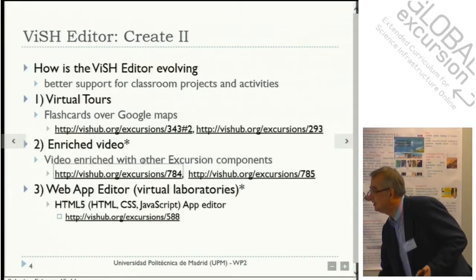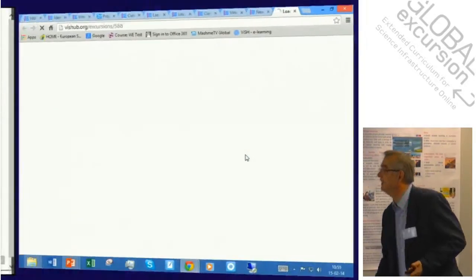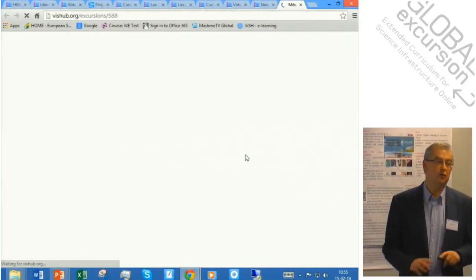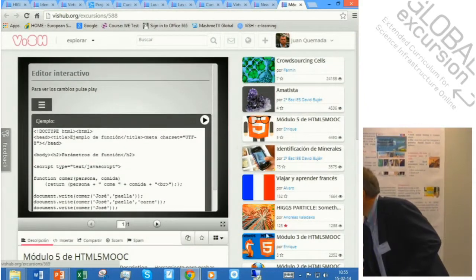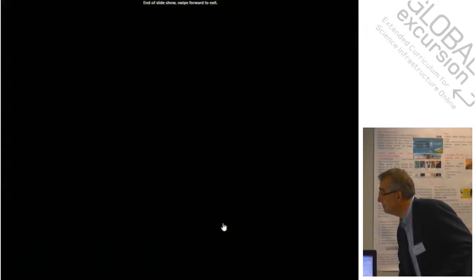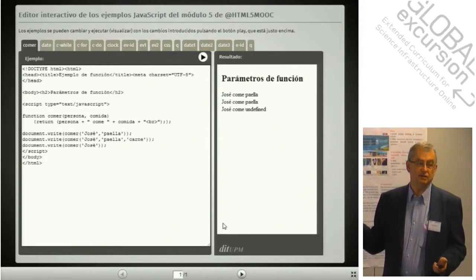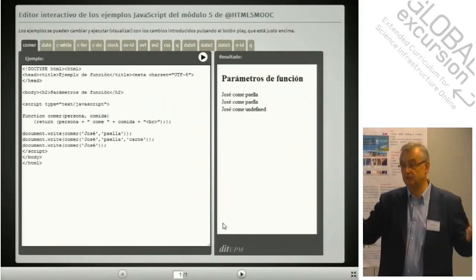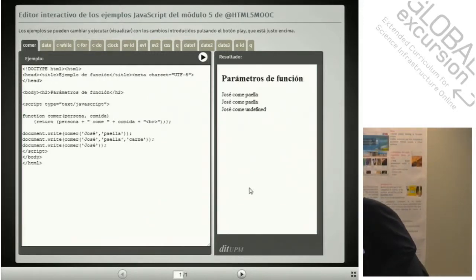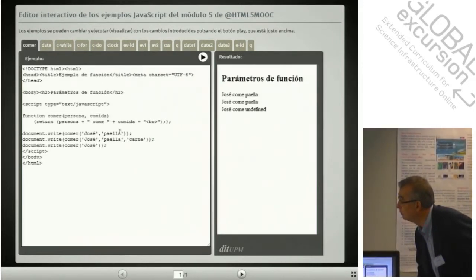So these are the enriched video components and the web app editor. The web app editor is basically an editor for creating HTML5 web applications. We have made a very small experiment. This is not very impressive. This is just an active application which has a JavaScript program behind, and you can design it like any active web page. And here we created just an example for a mock course we are doing, where, for example,